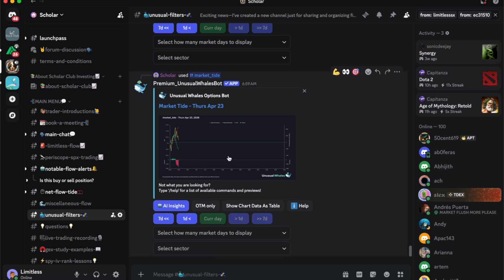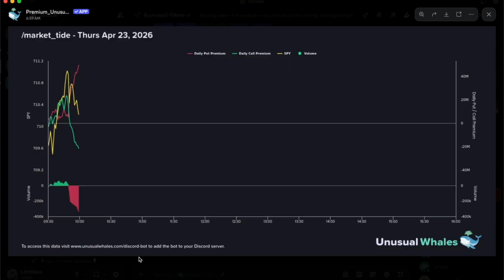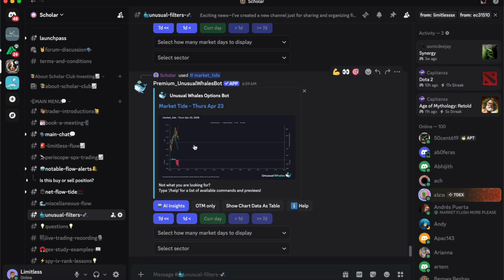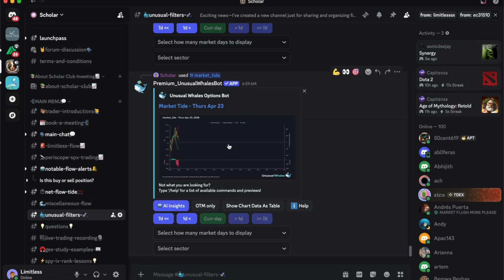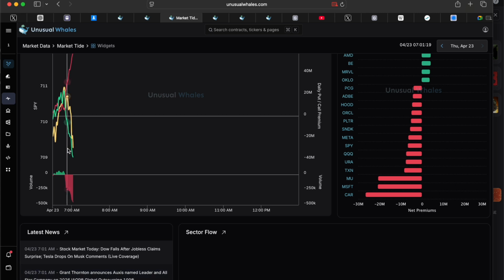Through what platform are you putting the trade? Robinhood, it's on my phone. Just on my phone. Okay. But I'm saying let's look at the difference now. So go to the Discord and use the bot to pull the market tide. I want to show you the difference between the gap. Yeah, just a second. Wow. Beautiful. That was so good.